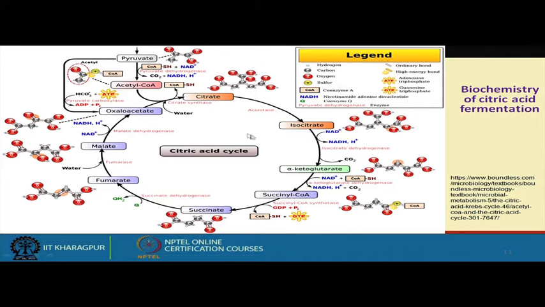That is actually what happens in the citric acid fermentation process. When we work with this process, we find that in the first 24 hours there is no accumulation of citric acid, and the TCA cycle is in operation. But after about 46 or 48 hours of fermentation, there is accumulation of citric acid, and we